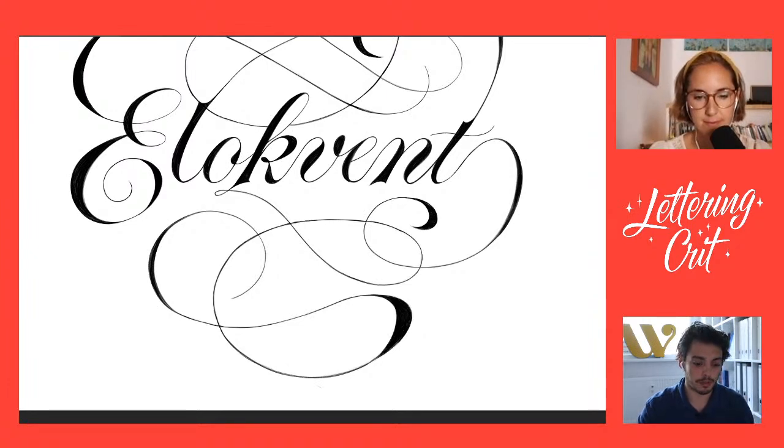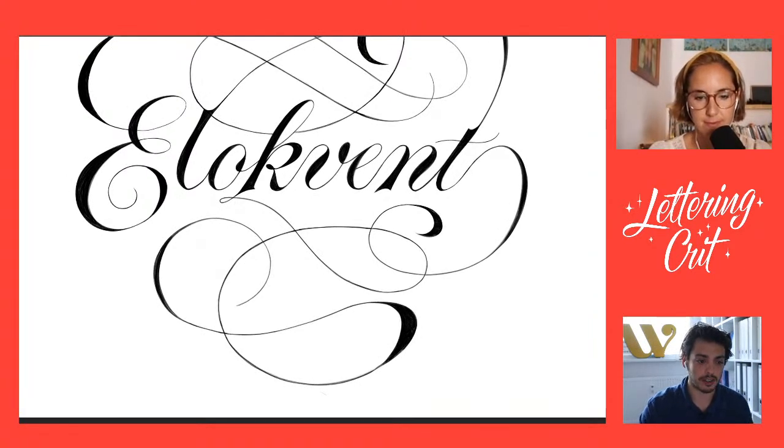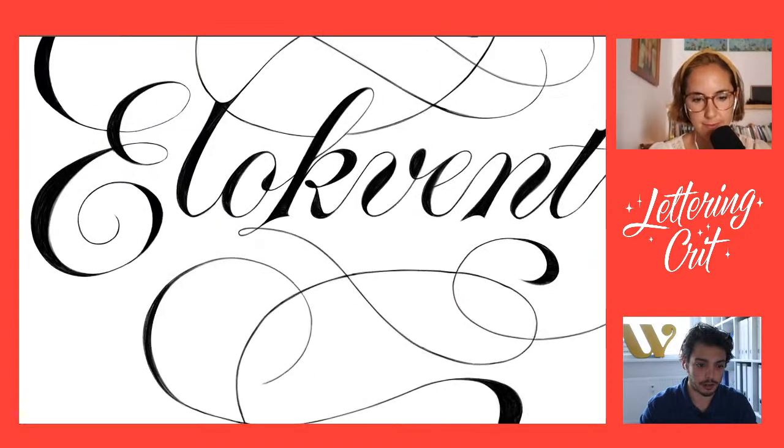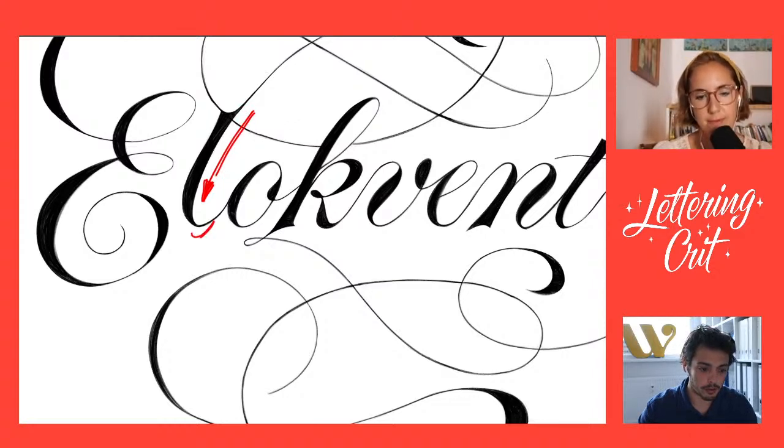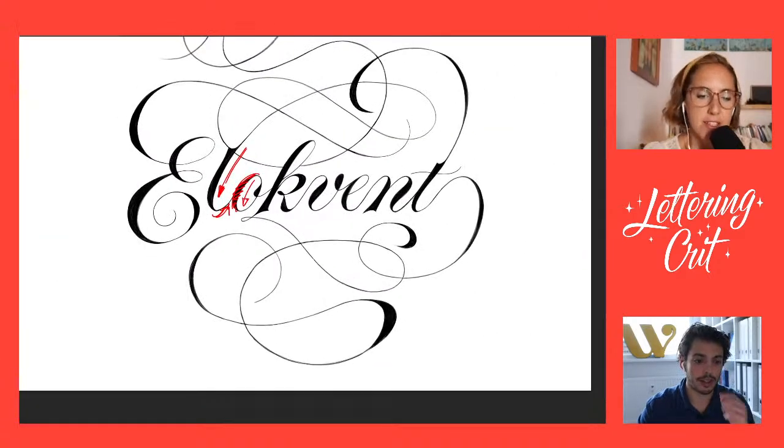For example, when you're placing the thick parts on your lettering, as many of you might know already, and if you don't know, this is a great thing to know if you're interested in lettering, all of the thick parts of your letters are the ones that are going down when you write them, right? So if you're drawing the L like this, the first stroke is coming down, and that's going to be the thick part. And the one that goes up is a thin stroke. And then this O will also have a thick stroke on the one that is going down. Just to give a little bit of background information on that. Sorry, Elias, that I interrupt. Yeah, sure. This criteria actually comes